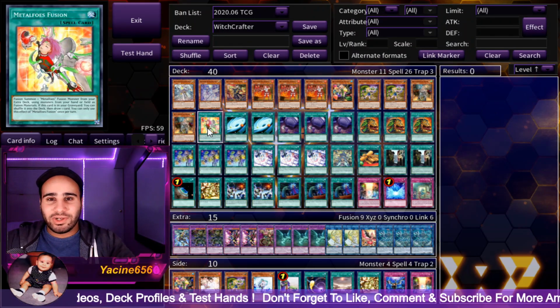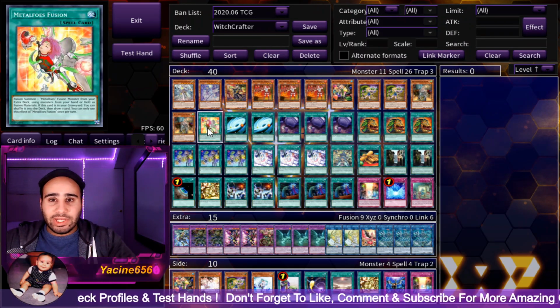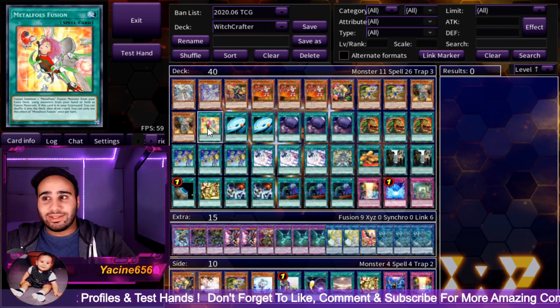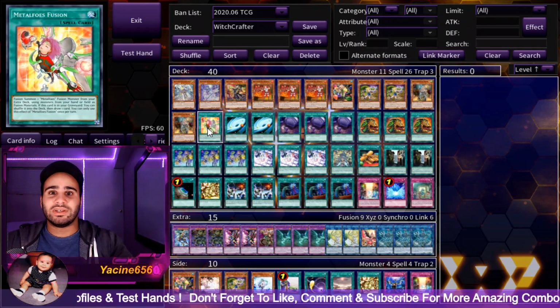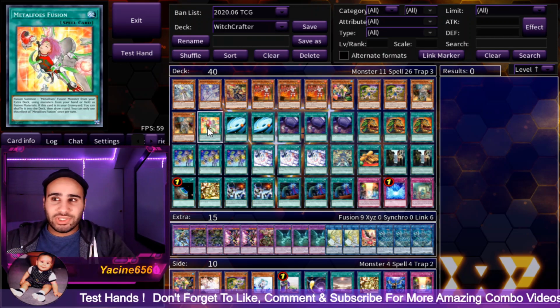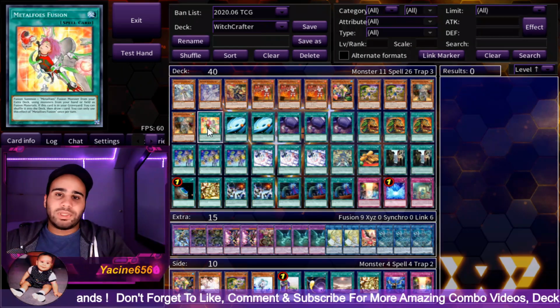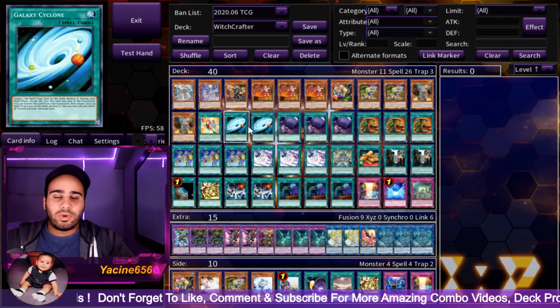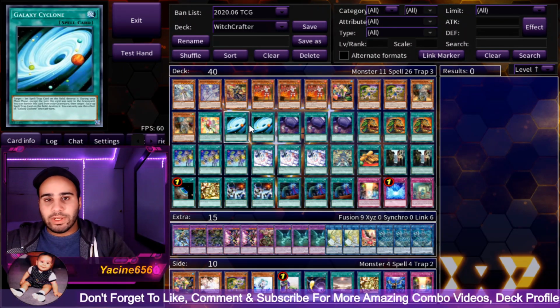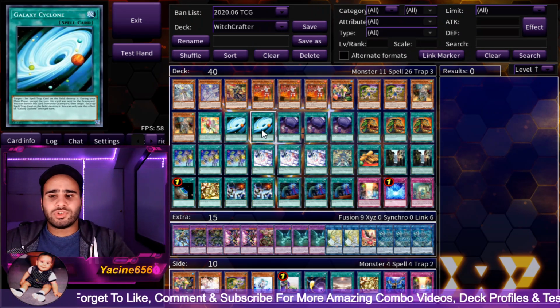Just like Sky Striker, this deck is very, very spell oriented, and you actually really want to play a lot of spell cards that can also be sent to the graveyard, because you're going to be discarding spells very often. So playing spell cards that just have value when you discard them is just much better than, for example, I wouldn't play like MST or Cosmic Cyclone. I just want to play Galaxy Cyclone instead. It's a very good card to discard,